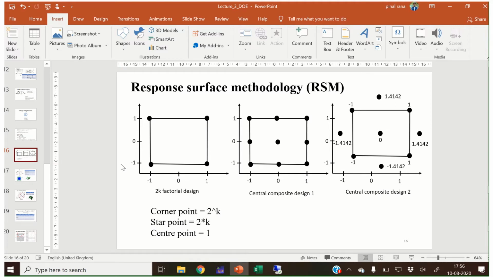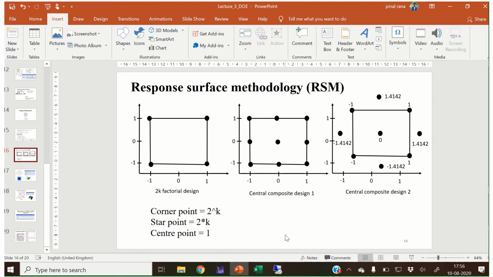In that particular case, 2 raised to k factorial design is not working. So when the response variable is not linear, the central composite design and Box-Behnken design are used to know the effect of variables on the response variable.